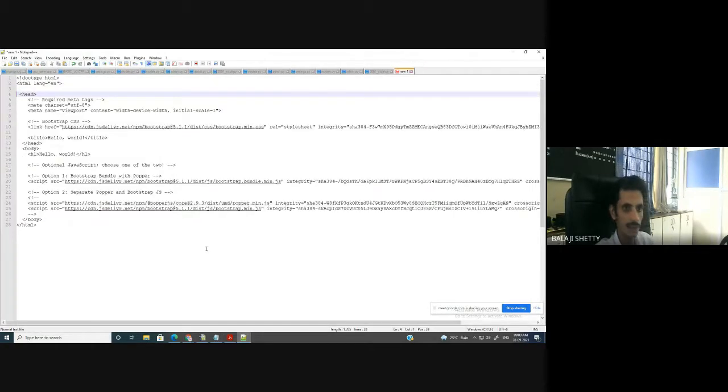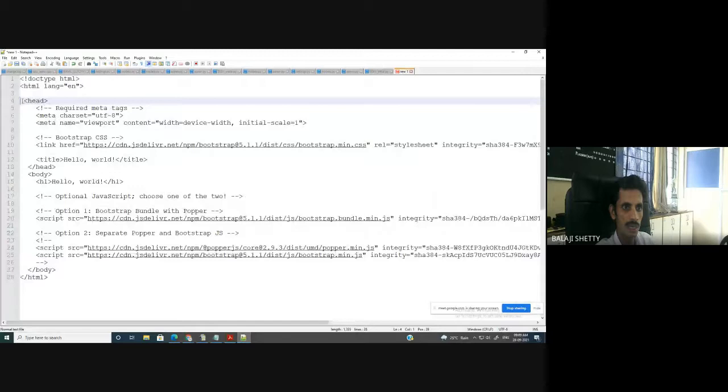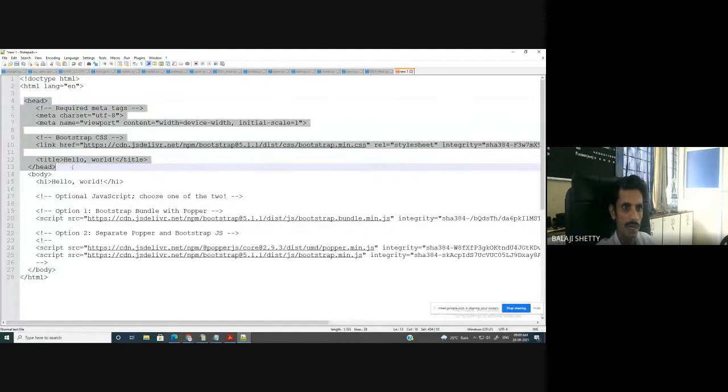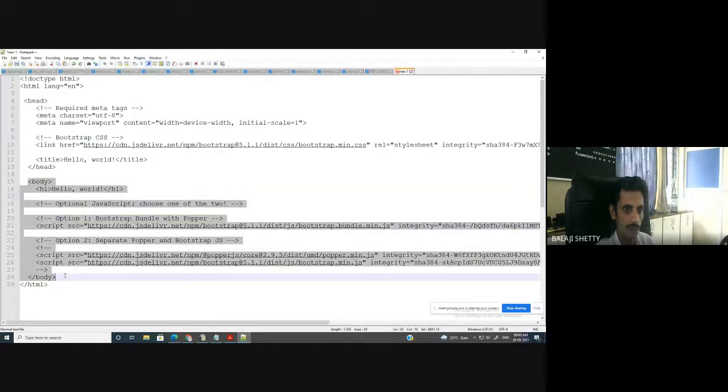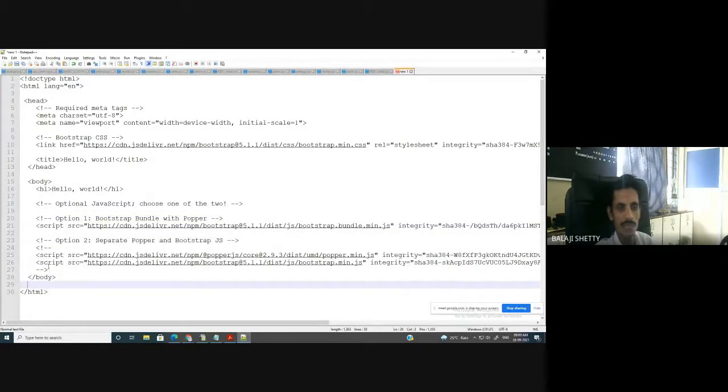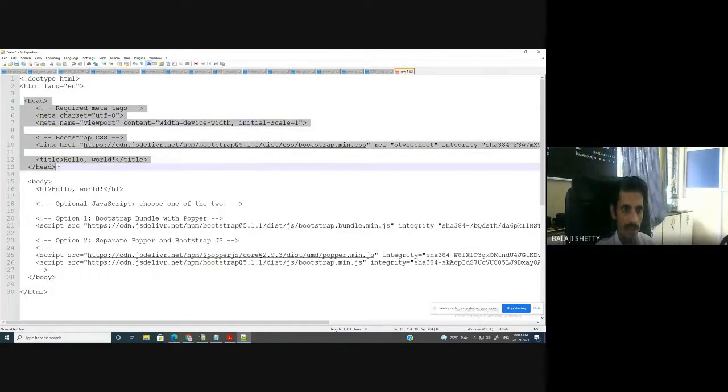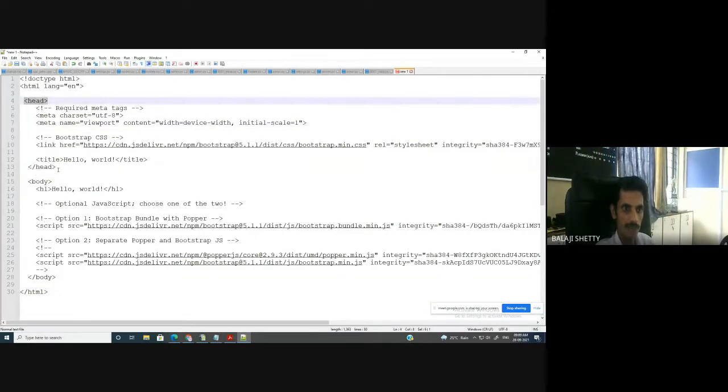Just let me increase the font. Head, ending head, body, ending body. So every HTML code consists of this head tag, ending head tag, body tag, ending body tag.